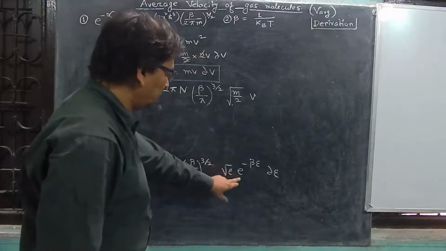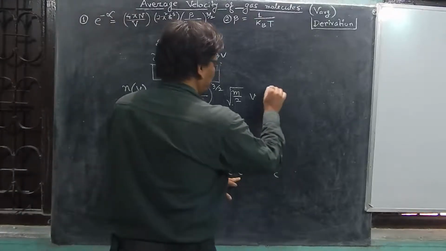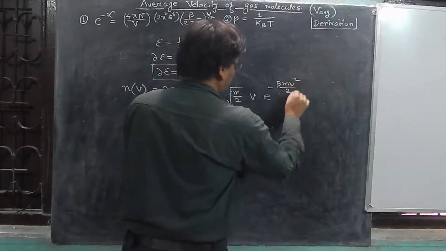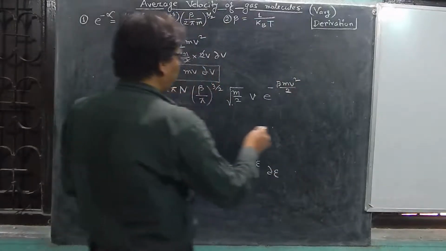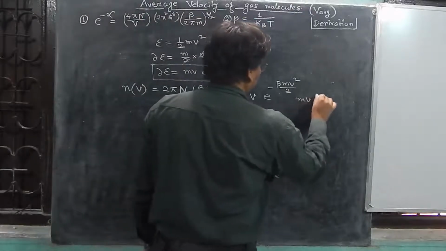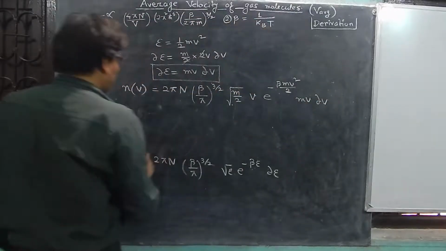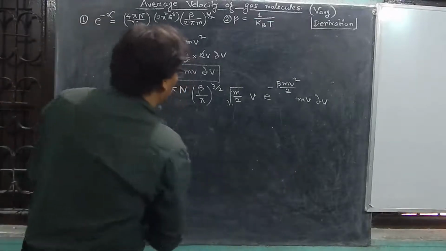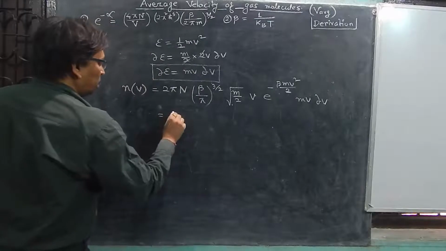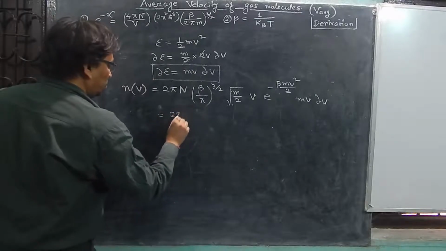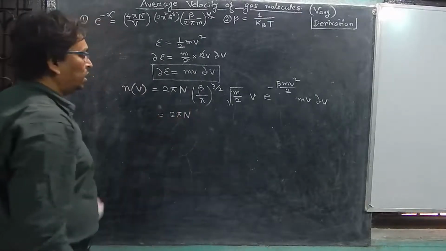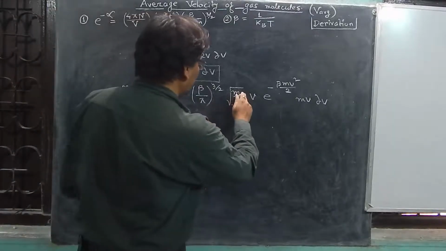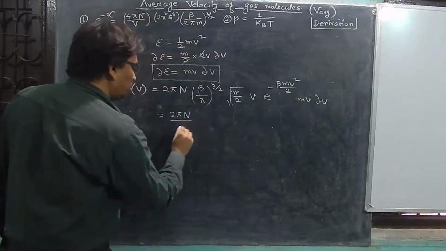So this is e to the power minus beta mv square by 2, and del epsilon is actually mv del v. So we have to simplify this. If we simplify this, what will we get? We will get 2 pi n, and this one, we can see root 2, if we take root 2 here,